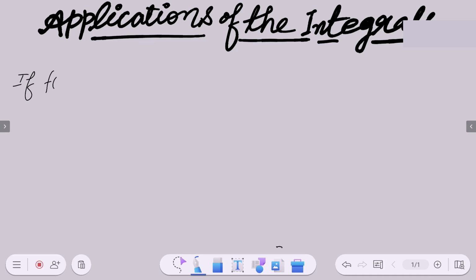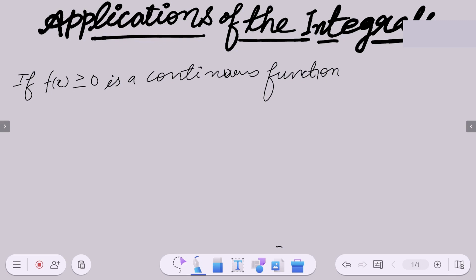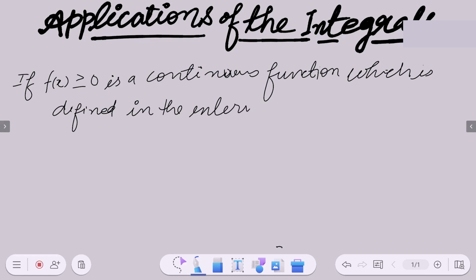If f(x) is greater than or equal to 0, if a function f(x) is greater than 0 and is a continuous function, a continuous function which is defined in the closed interval a comma b, then